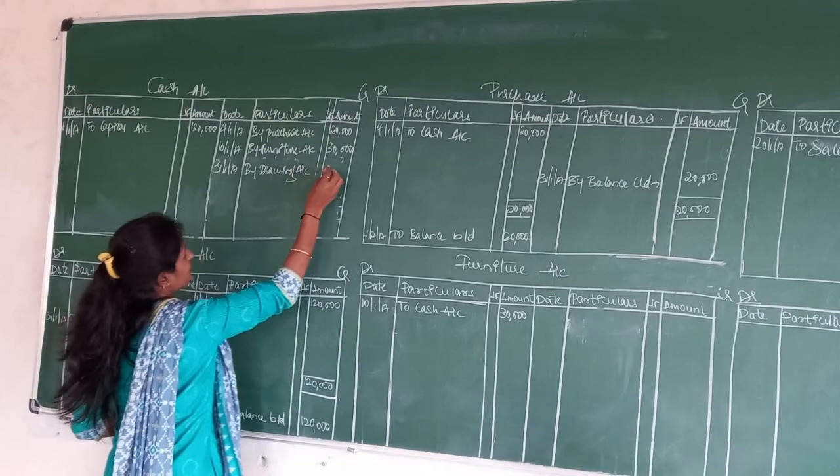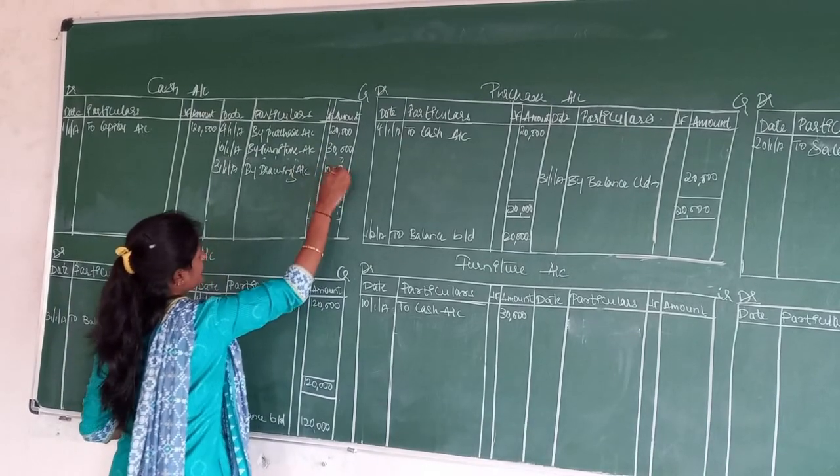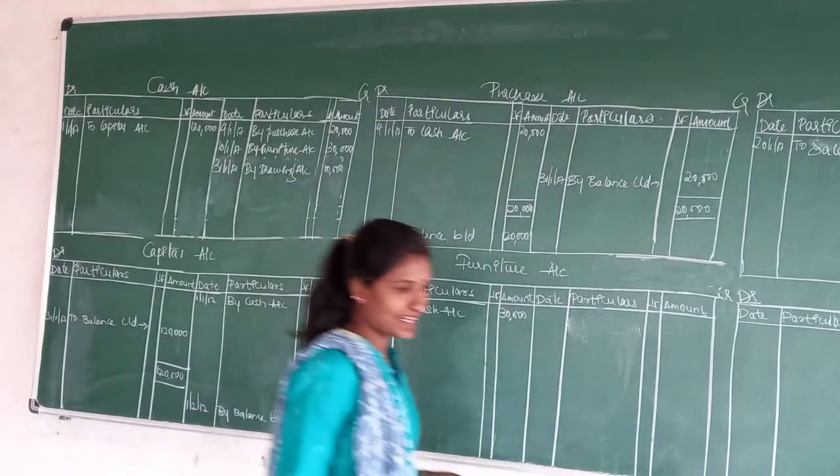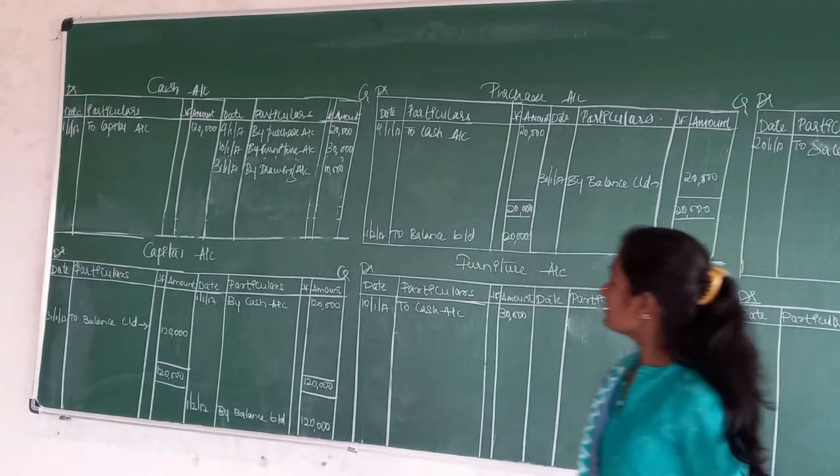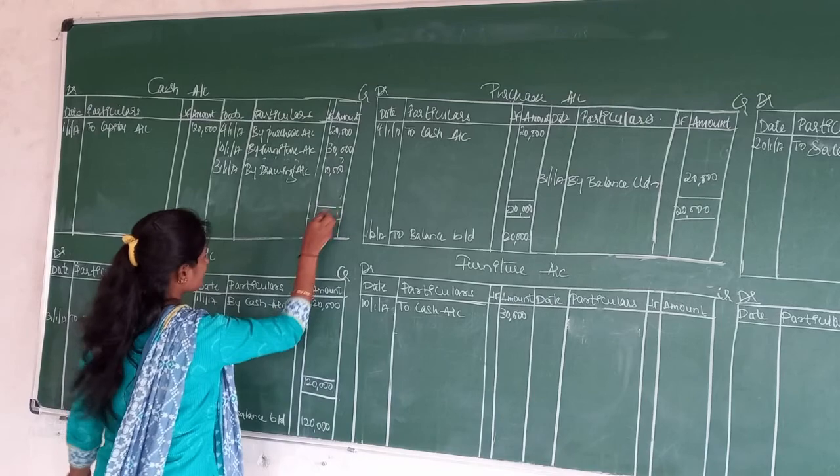Yes, amount is of how much? Amount is of 10,000. Yes, that is the opposite direction we have taken already. Now we need to go for a tally, that is closing out the accounts.